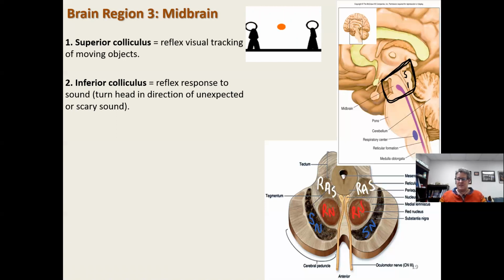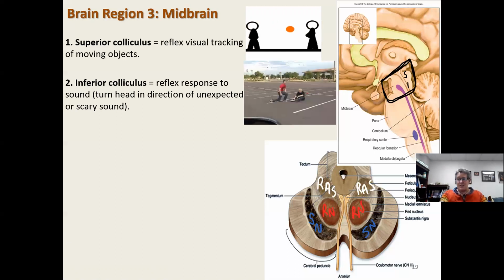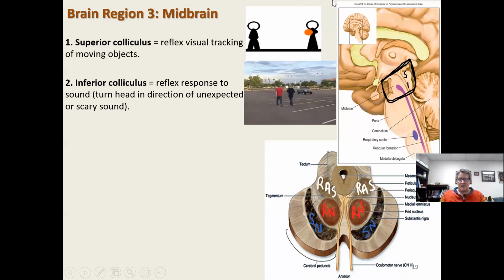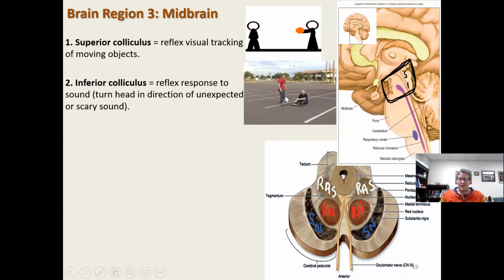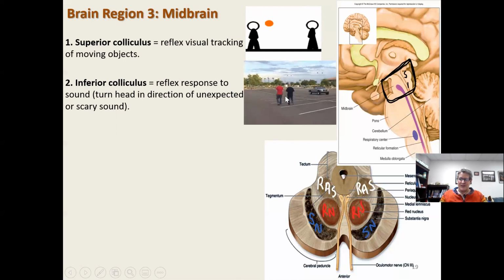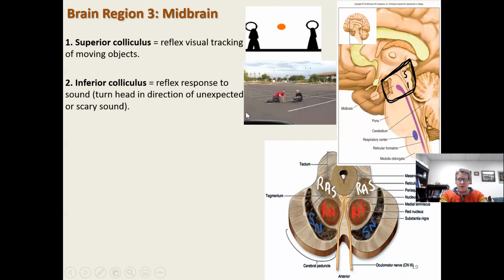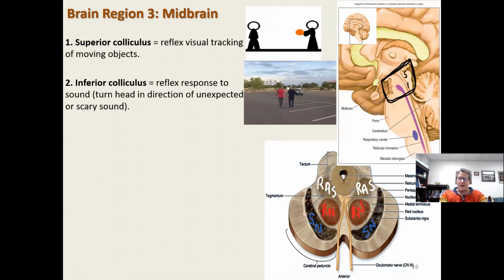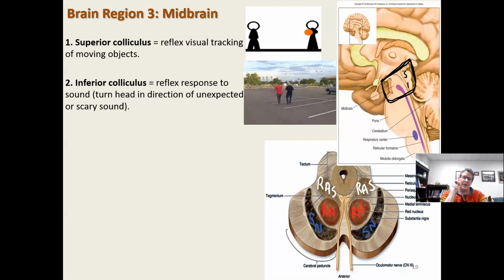colliculus. So in this next gif, I have two guys who are walking in a parking lot, and there's a guy behind them in a truck who's laying on the horn just to be a jerk, really. But not only do they turn reflexively to the source of the sound, they actually fall down. They're so shocked. So here the horn goes off, and boom, they turn and look to where the sound comes from, okay? All right, so how do you remember that the superior colliculus is about visual reflex and the inferior